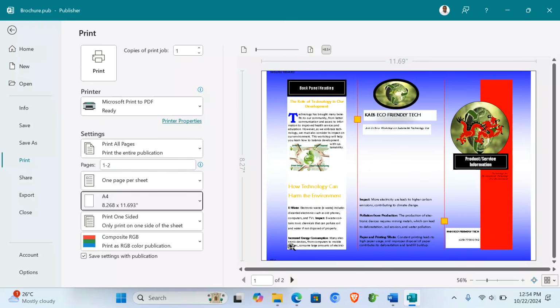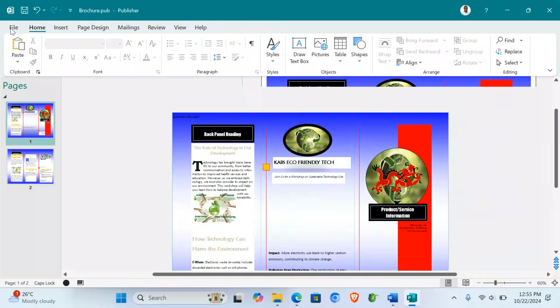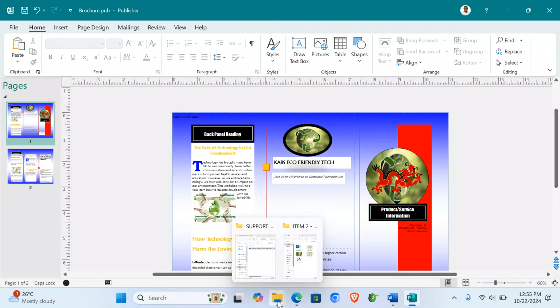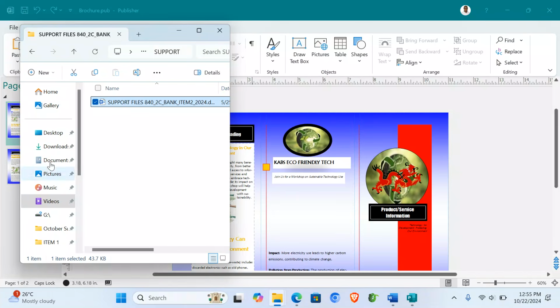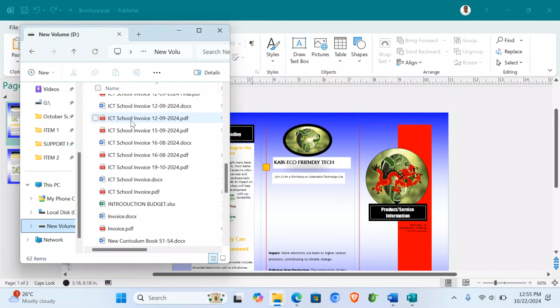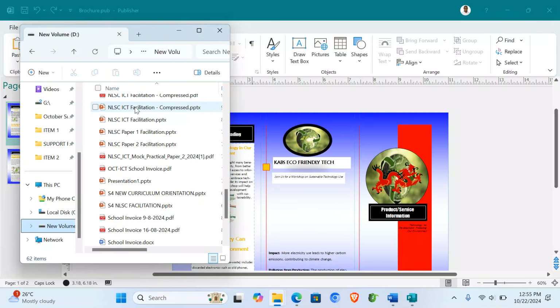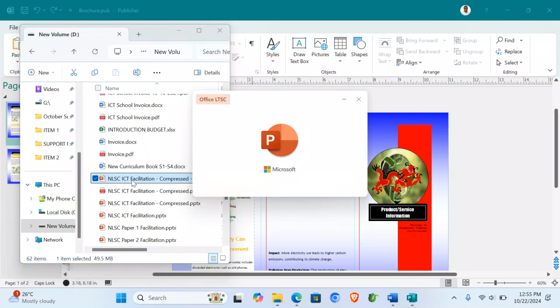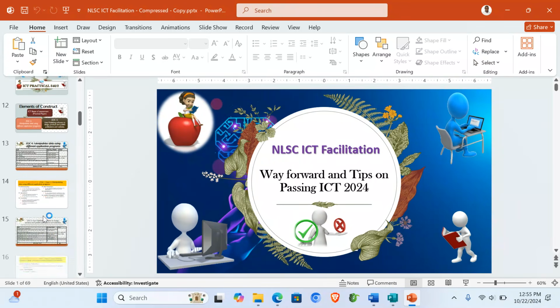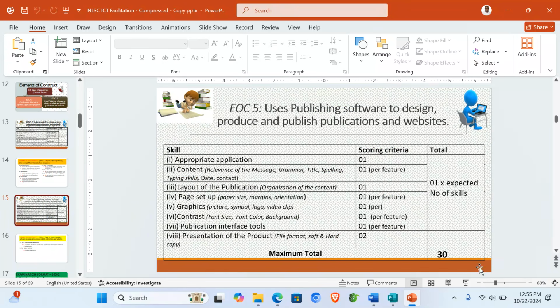Headers and footers should be visible. You must have a logo, the details, and all that it requires. So this is it all for the publication. Remember that as you design this publication, we expect you to have fulfilled the following. So if I can open the scoring criteria here for item 2, we are looking at